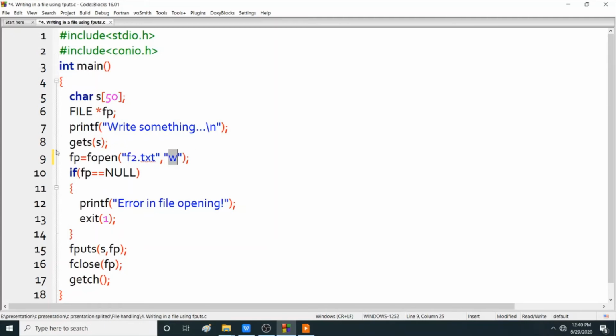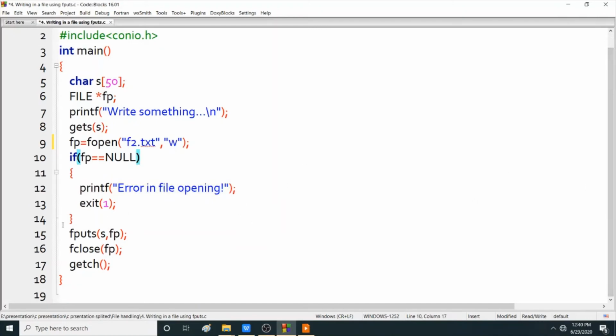If fp is null, then there is one message, error in opening file. Otherwise, just write that string to the file f2.txt using the fputs function. Then close the file.